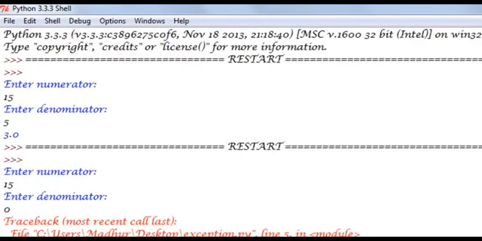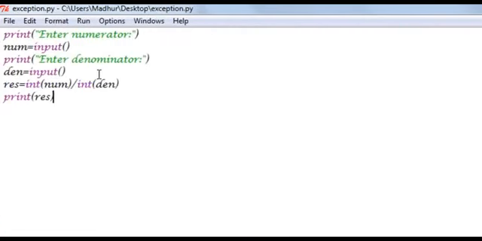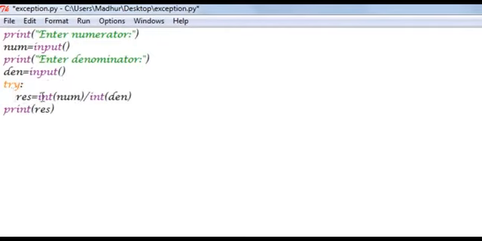So if you know that in your program you can have such situations in which the interpreter doesn't know what you're trying to do, and it doesn't know how to deal with the situation, then you can place your error prone code into what is known as a try block. In this case, just before performing the division operation, I'll type in the keyword try and a colon and get the division statement in the try block. And if an error is encountered in this try block, then we can have a corresponding except block,